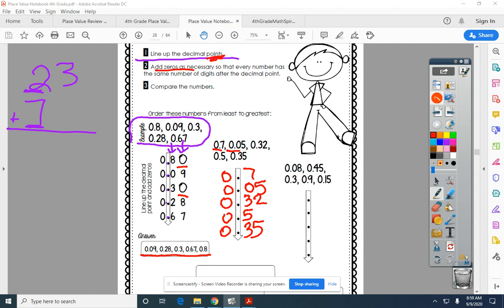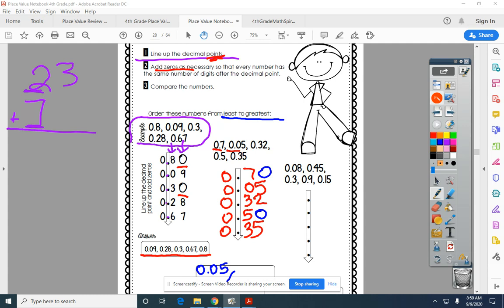Add zeros. That's step 2, add the zeros, right? So which ones need a 0? 5 and 7. There it is. Now, we're going least to greatest. So it's easiest to me if I think about money. 70 cents, 5 cents, 32 cents, 50 cents, 35. What's the smallest? 32 cents. Nope. 5 cents. So first one is 0.05,